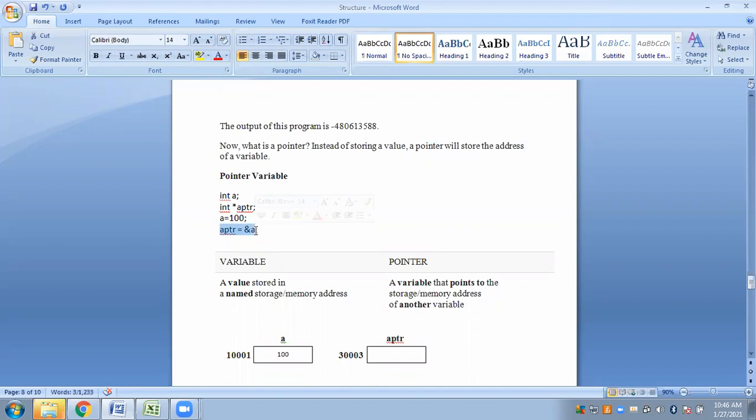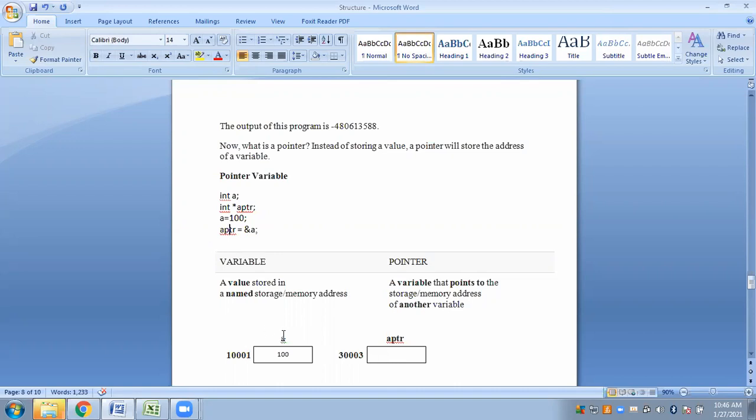Look at this now. What brings the difference? This statement brings the difference between an ordinary variable and a pointer variable. As far as the definition is concerned, what did we learn? That a pointer variable is just like an ordinary variable. The difference lies in that a pointer variable will hold the address of some other variable. Ordinary variables hold normal regular values, but pointer variables will hold addresses of some other variable. So that is what we have to do.